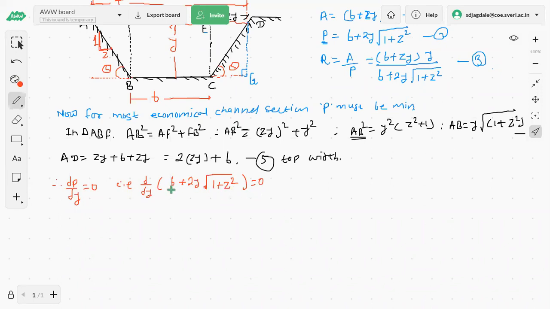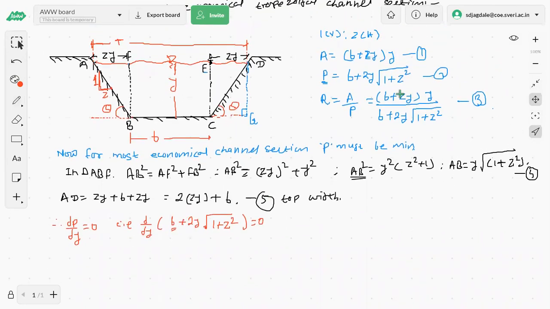Now here we are going to replace B once again in terms of y. So from which equation will we be able to do so? From which equation will we get the value of B in terms of y, z and so on? From equation 1 we will be able to do so. What does equation 1 say? A is equal to B plus zy into y. So what do we want to have? We want to have B. So B we will get from equation number 1.